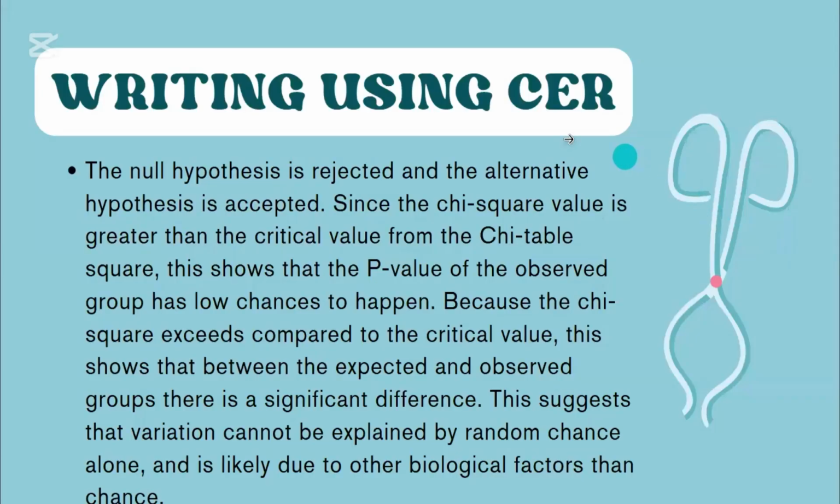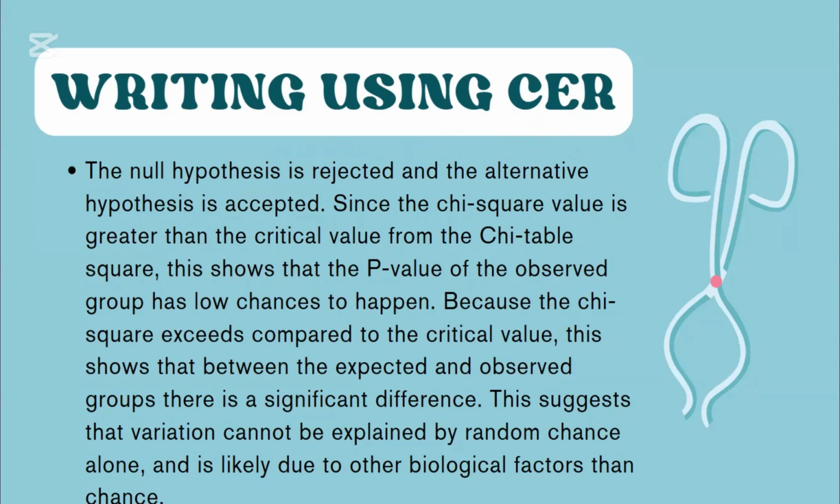Our recommendation is to write claim, explanation, and resolution. So in this case, first we need to do the claim, which will be: the null hypothesis is rejected and the alternative hypothesis is accepted. Now, the explanation. Since the chi-square value is greater than the critical value from the chi-square table, this shows that